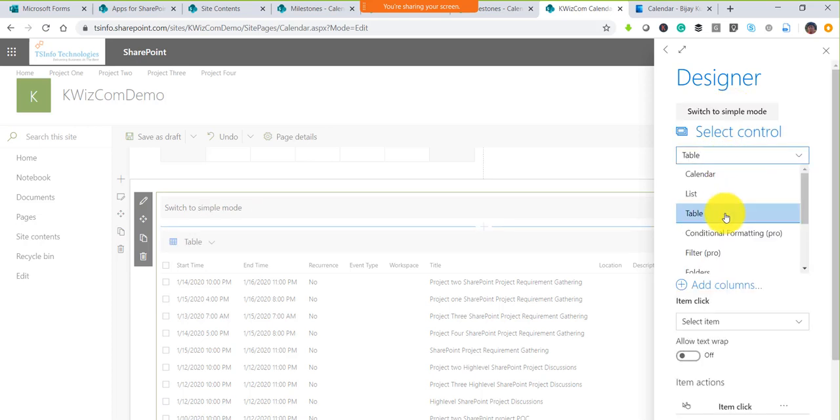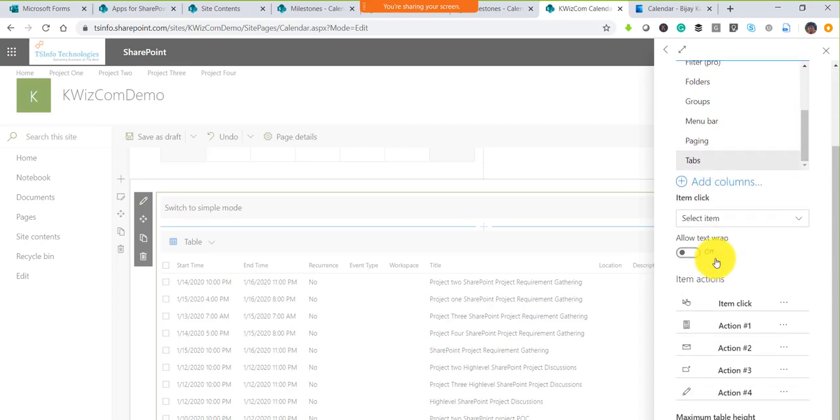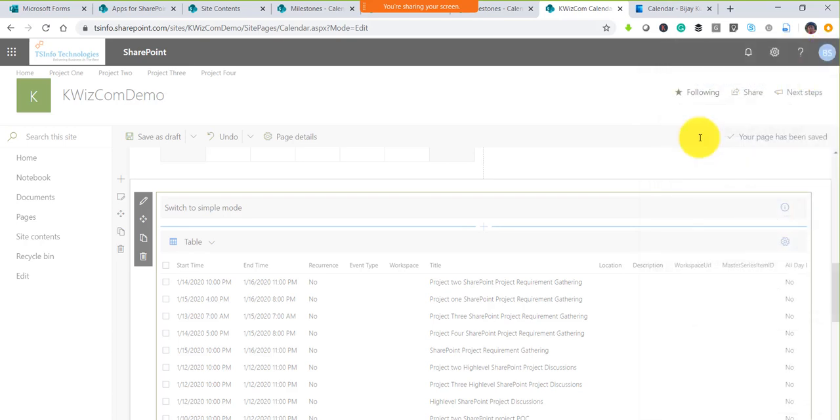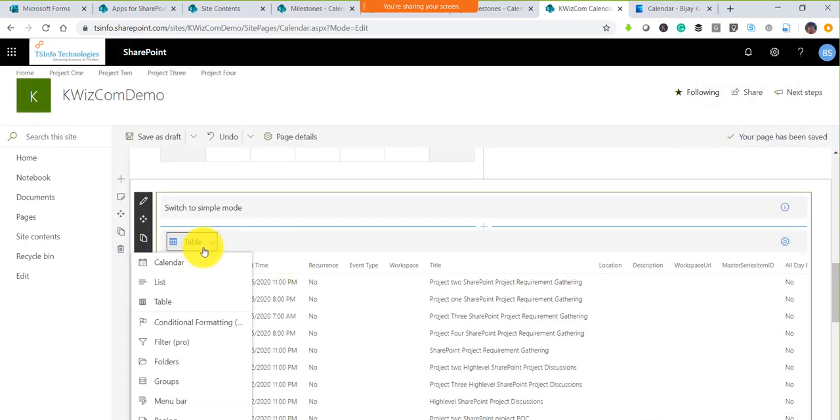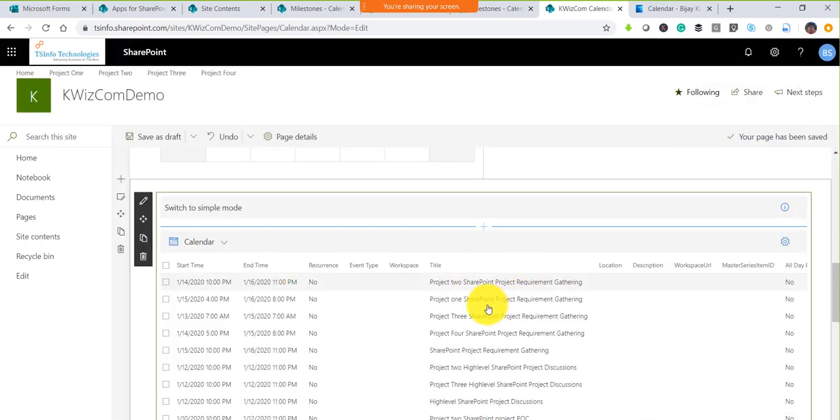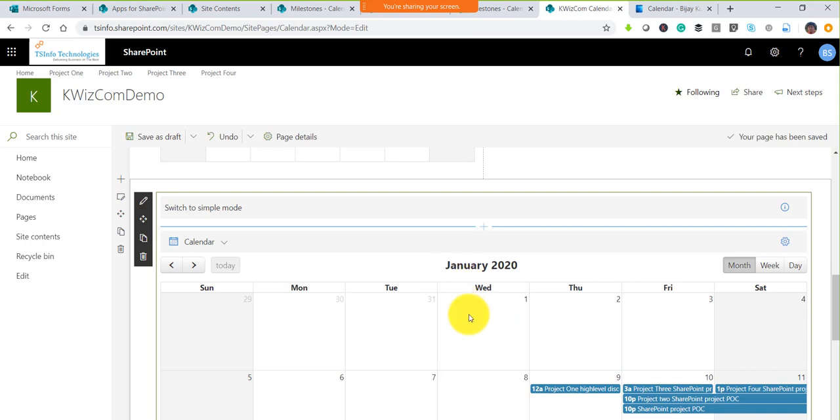Now, we will discuss the conditional formatting, filter, folder, groups, and menu paging and tabs later. Now, let me show you. Let's go to the calendar view. What I will show you is the calendar options. So if you see here,